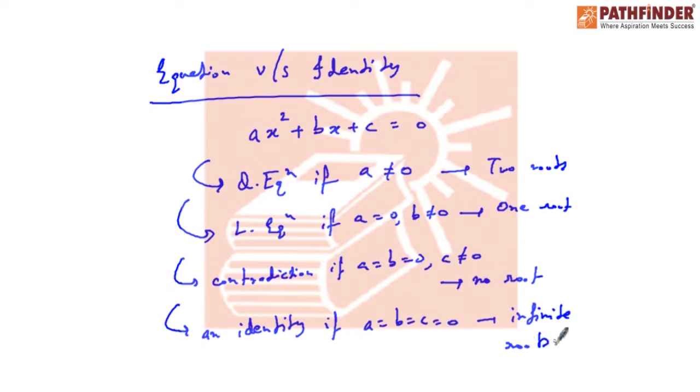So if a quadratic equation is satisfied by three distinct values of x, obviously then it is an identity, because technically a quadratic equation cannot have more than two roots. So if it has more than two distinct values of x, then it is an identity. An identity is basically something that is satisfied no matter which value of the variable is being taken into consideration.